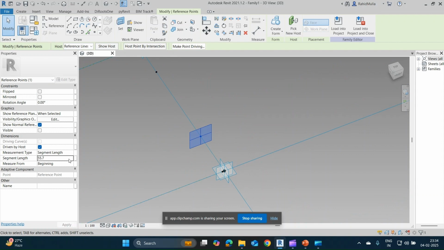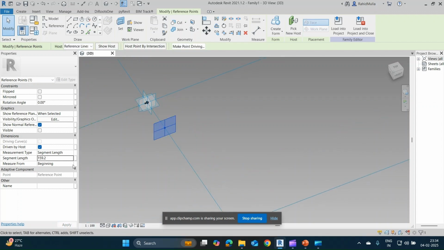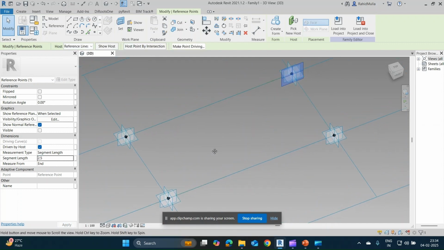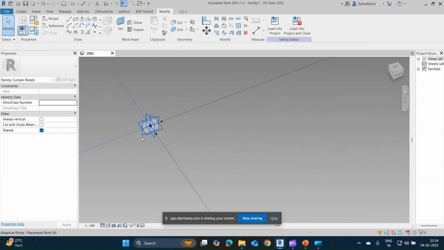Now this is the last set of points that is remaining. If we give this as 2.5, where exactly does it go? Okay, that is beginning, so this will be end, and here 2.5. So what we have done is restrict our points at a distance of 2.5 mm